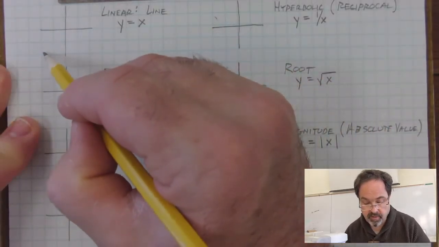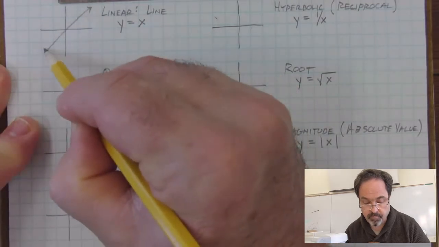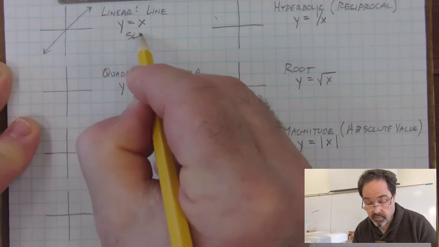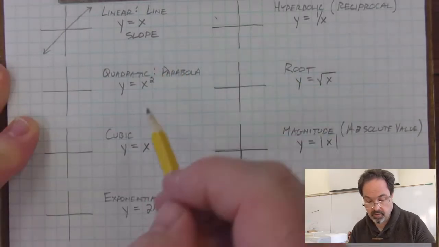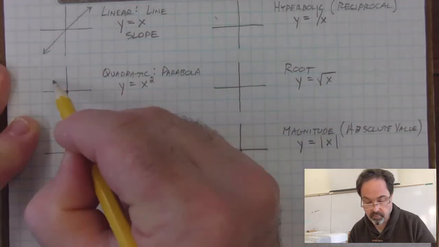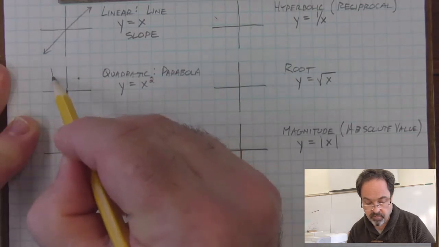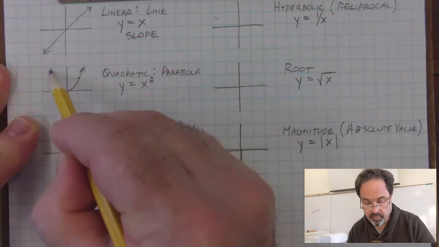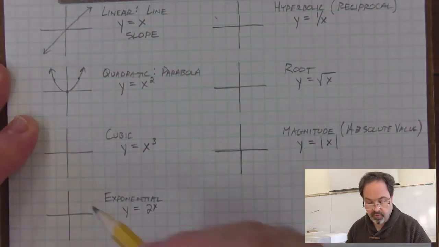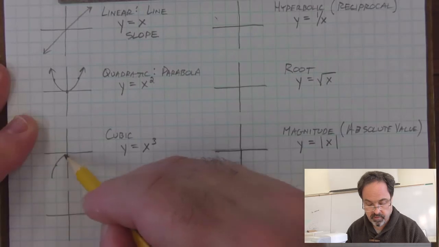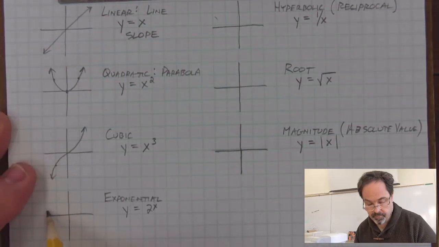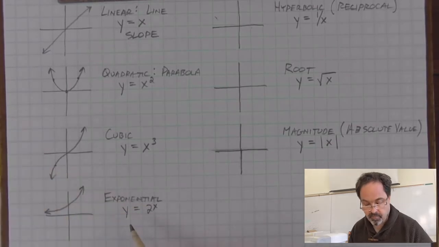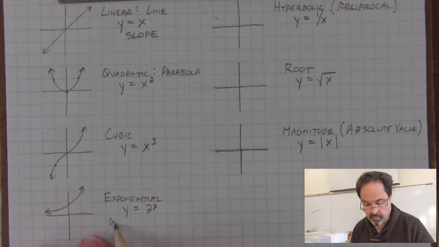The equation y is equal to x graphs as a line with a slope of 1. And slope is a very important feature of linear equations, so I'll make a note of it here. The quadratic parent function graphs like this with its vertex at the origin opening up. A cubic function or a cubic curve looks like this, passes through the origin. Exponential function graphs going up. And part of the nature of exponential functions is they model either growth,